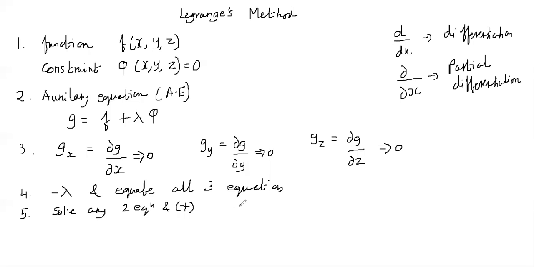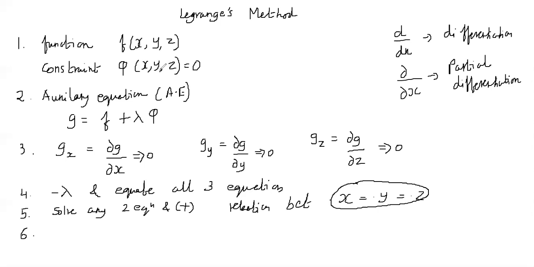Finally we will get the relation between x, y and z. It can be any constant, it can be 1x plus 1y is equal to 2z or something, but we'll get the relation between these three. After getting the relation, the final step is we know the condition, the constraint. For example, if it is a volume,